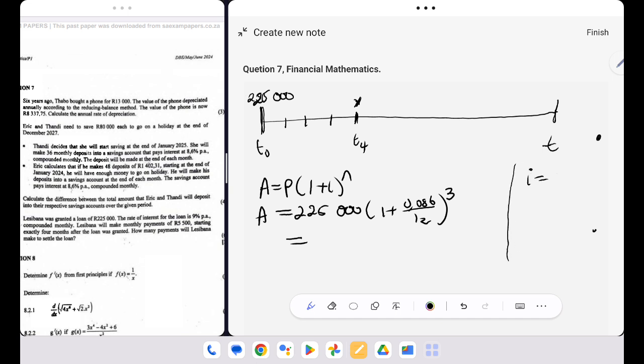My interest is 0.09 over 12. My X is 5,500. My present value, the new value of the loan, is the one that I'm calculating now. Whenever I punch this on my calculator, I get